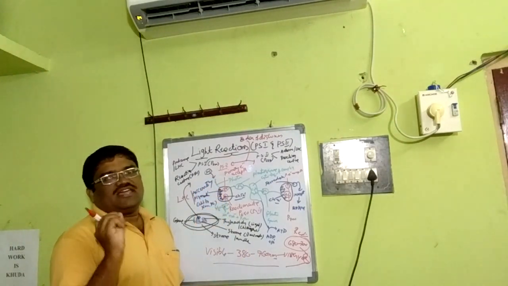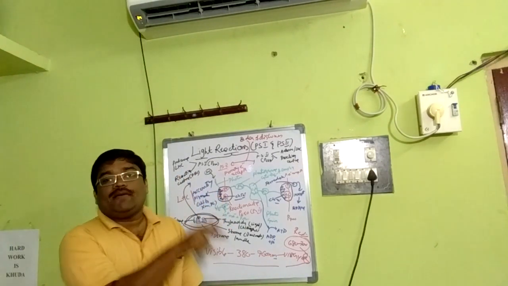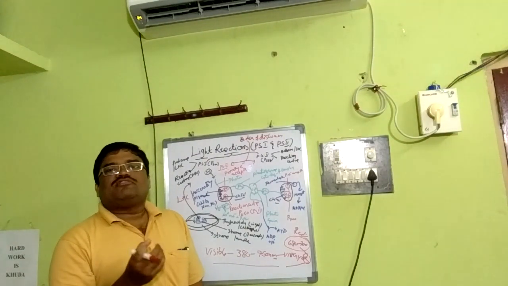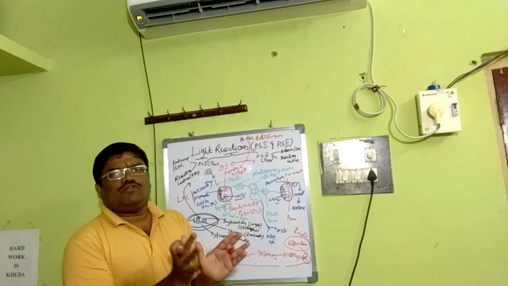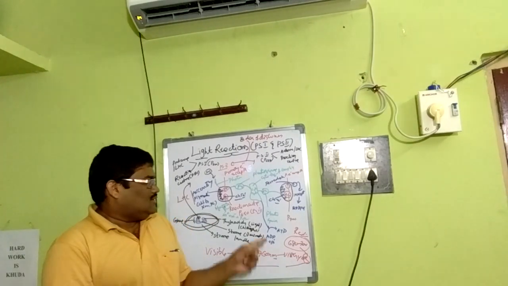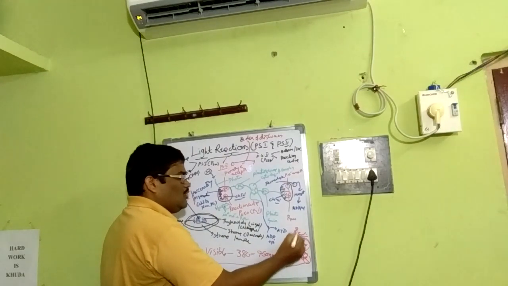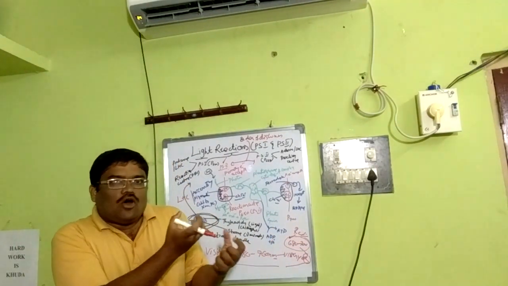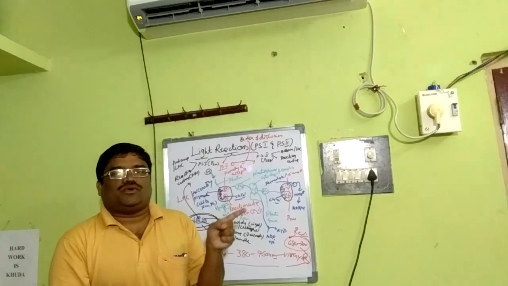That means P680. We reach the reaction center. The reaction center contains chlorophyll A pigment. Here chlorophyll A is the major chlorophyll involved in the photosynthesis process. The rest of the pigments are called accessory. They help the chlorophyll pigment, but here the chlorophyll pigment absorbs the photon at 680 nanometers with respect to PS2. This is very important: 680 nanometers with respect to PS2. That is why it is called a reaction center. It absorbs at a specific wavelength of 680 nanometers with respect to photosystem 2.